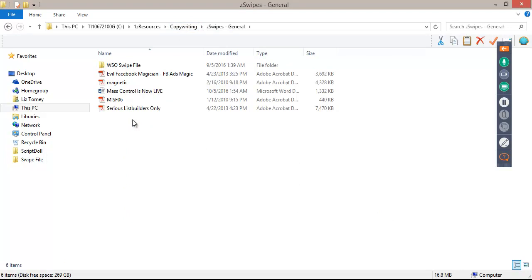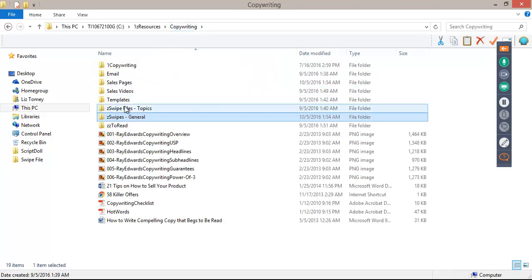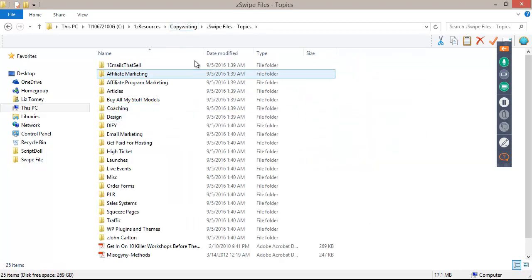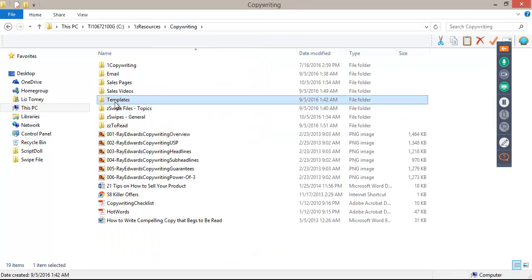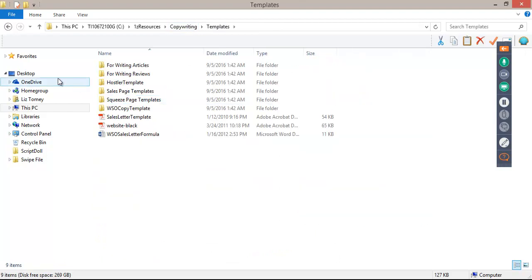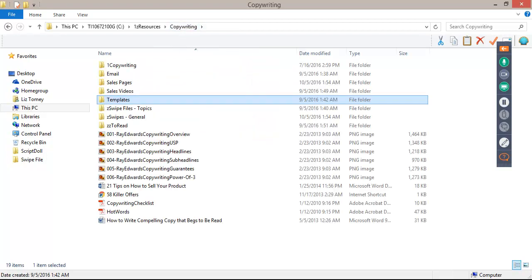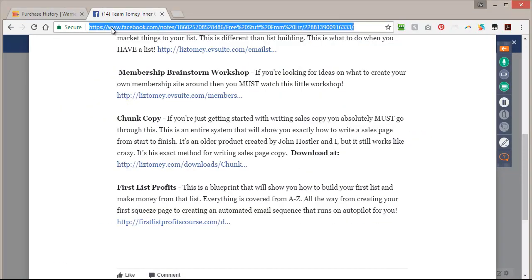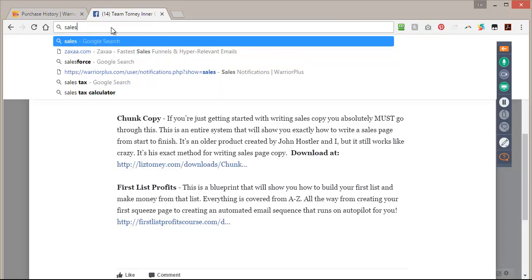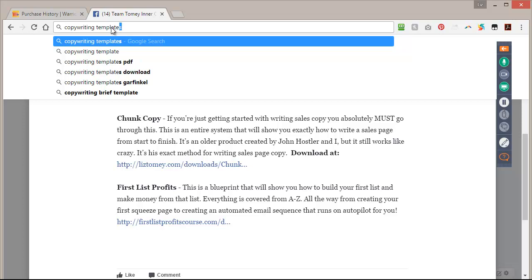Swipes general. I have another folder, an older folder where probably all my templates are. Yeah, guys, sorry, I don't have more of them here. But there's always Google. Sales page, or you can also search for copywriting templates.